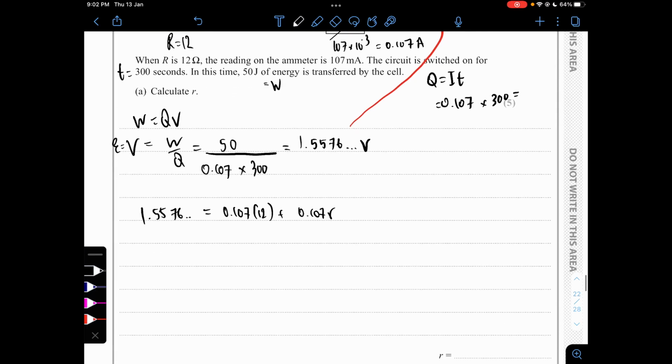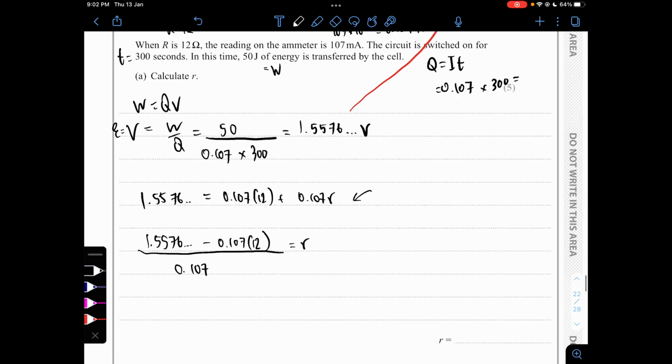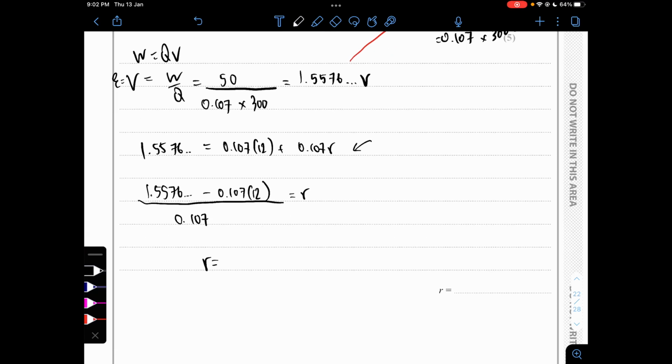So now all we have to do is rearrange to find what small r is. So that's just 1.5576 minus 0.107 times 12, all over 0.107. This gives us r. So when you put it in the calculator, we got small r as 2.557 ohms,